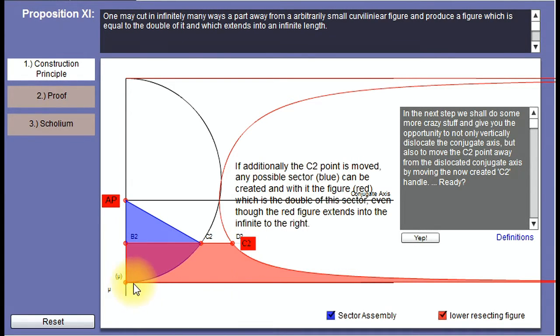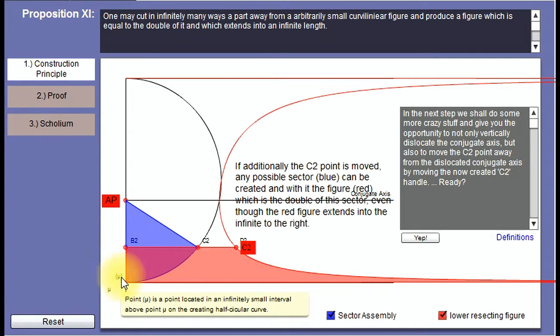So because you have basically the asymptote as an infinite line, he was introducing a point which he called here micron in brackets. And he said that this point micron in brackets is located at a basically infinitely small distance above the micron point on the curve, on the semicircular curve. And this